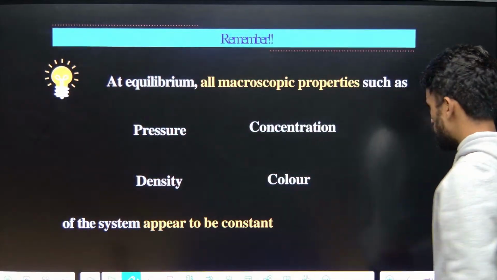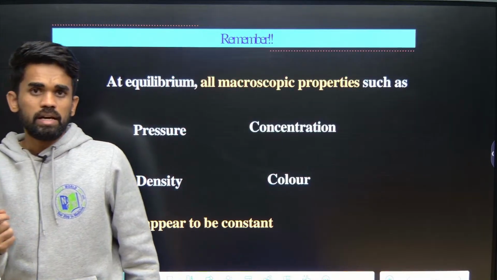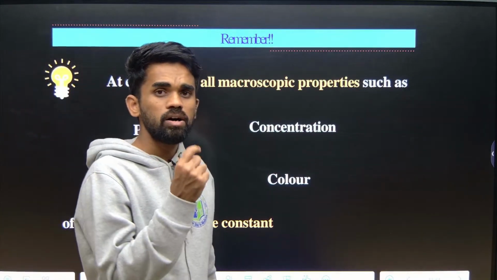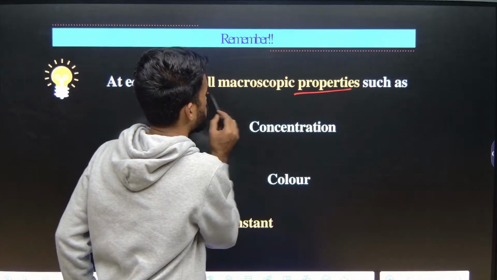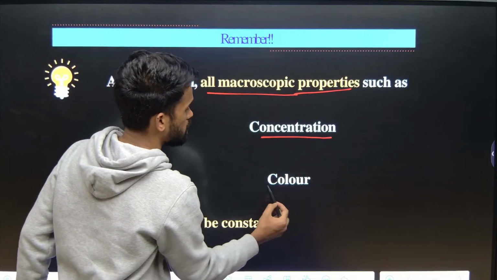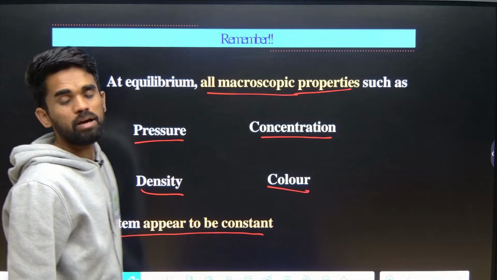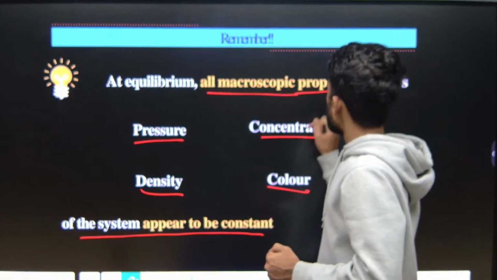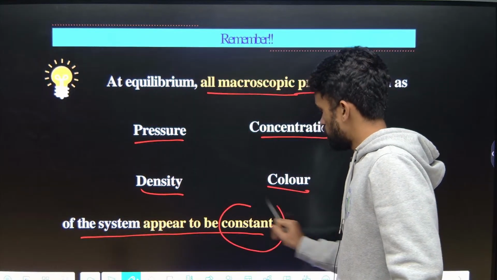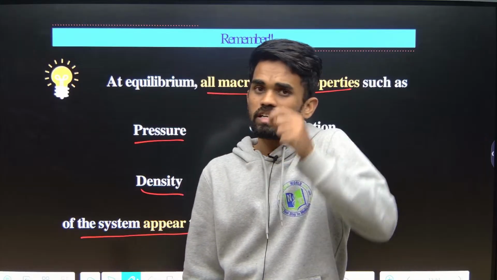Next, remember, whenever we say a reaction is at equilibrium, it means all its macroscopic properties like concentration, density, color, and pressure will remain constant. I am not saying they are exactly equal. They may be equal or unequal, depending on the individual reaction, but they are constant. It means at equilibrium for a particular reaction having some color, that color remains the same until